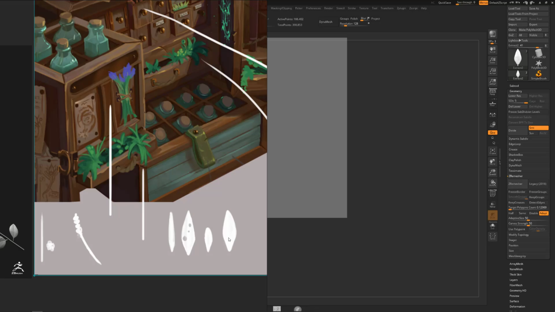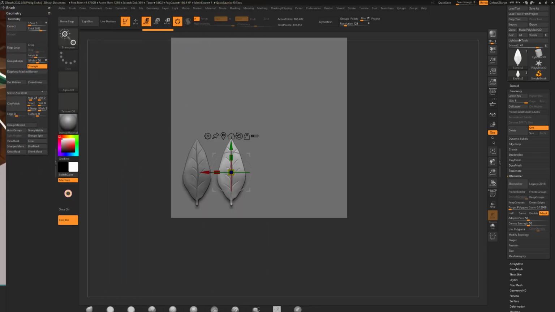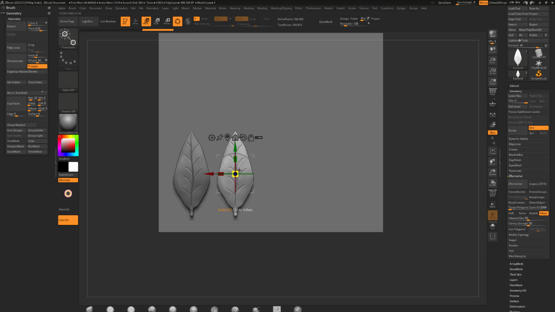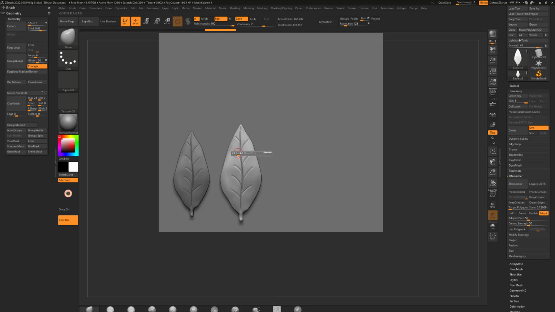So you can see that I've got one like this, and then I've got one that's just a little bit different, and it's got basically these little tiny green markings on it. Now, that'll probably be done in the texturing, but we could also add a little bit of sculpted interest to give it this effect as well. So we can maybe just scale this one up just a little bit, and then let's give it